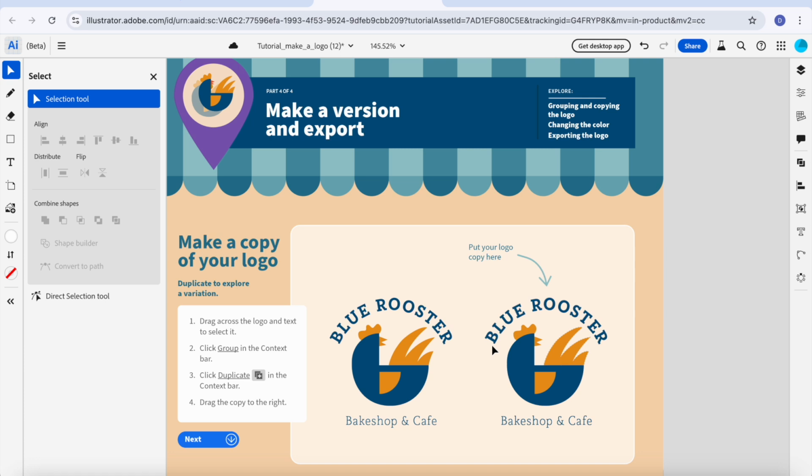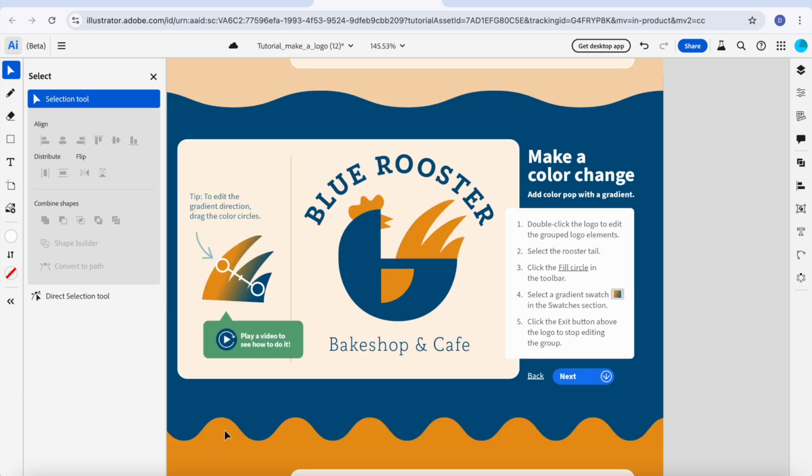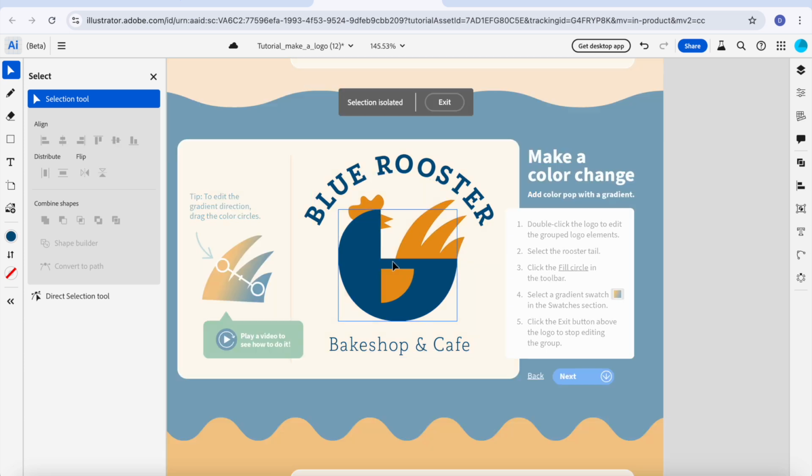So we've got our duplication of our logo that we just did. I'm going to hit the next option, and now we're going to make a color change. We're going to add a color and make it pop with a gradient. So I'm going to double click the logo to edit the grouped element. Notice how it isolates it, and everything else is kind of transparent. So that's isolated because I double clicked the logo, and I'm just going to select the rooster tail,